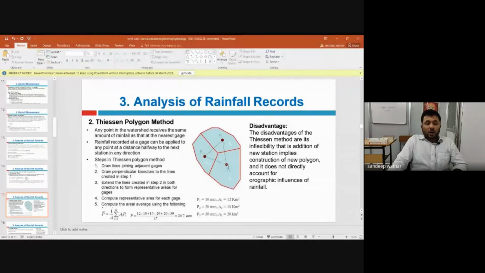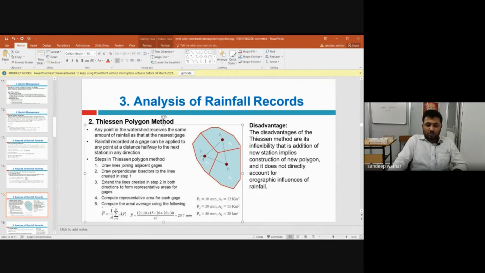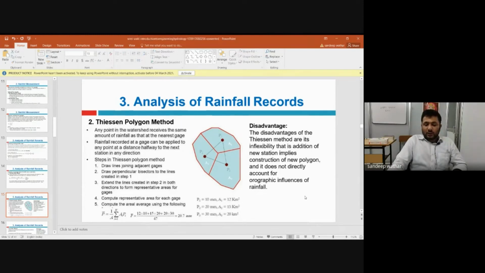Okay. There will not be any intersection. Okay. Now assume that if there was another station somewhere here, P4, I would have connected it by P3 and P4, but I would have not connected by P1 and P2. I would have connected by P2 and P4. Okay, I'll show you in another way. I'll try to draw a sketch, and I'll try to show you again. Okay, this you try to understand. We'll create a network of triangles by connecting the rain gauge stations.